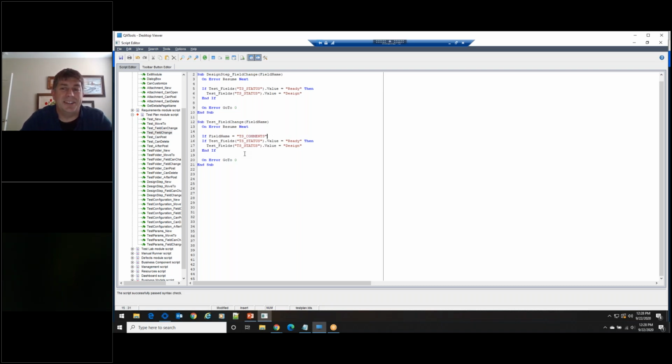I'll comment this out so it doesn't throw an error. So if it's comments and it has a value of ready. Once again, this field name is telling you which field changed, so then you can just make your logic based off of that. You say, okay, I only want it to change if these fields changed.